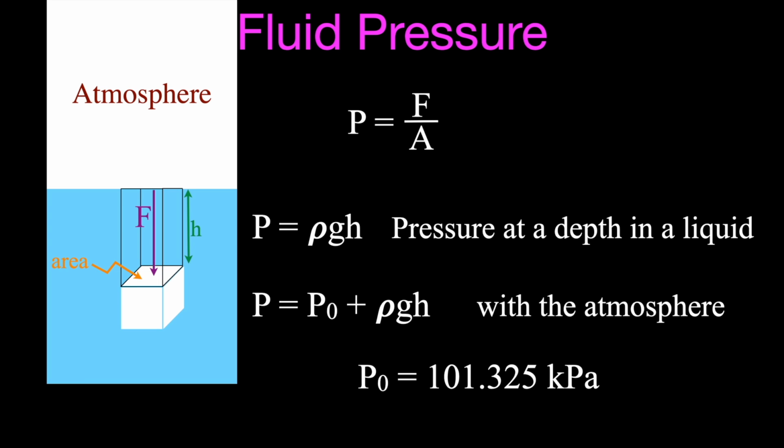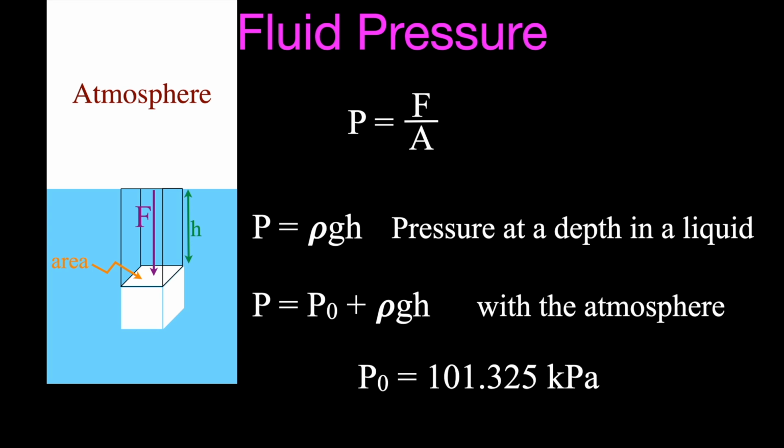Now, remember that the pressure from the atmosphere is 1 atmosphere at sea level, and 1 atmosphere is 101.325 kilopascals. Okay, this again in the simulation is what we'll be using for atmospheric pressure in kilopascals. Now we can go on and look at the first window from the simulation Under Pressure